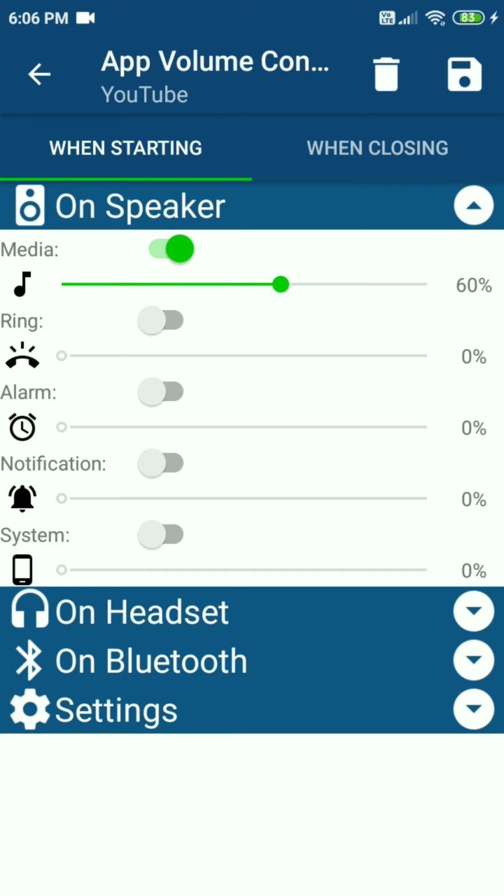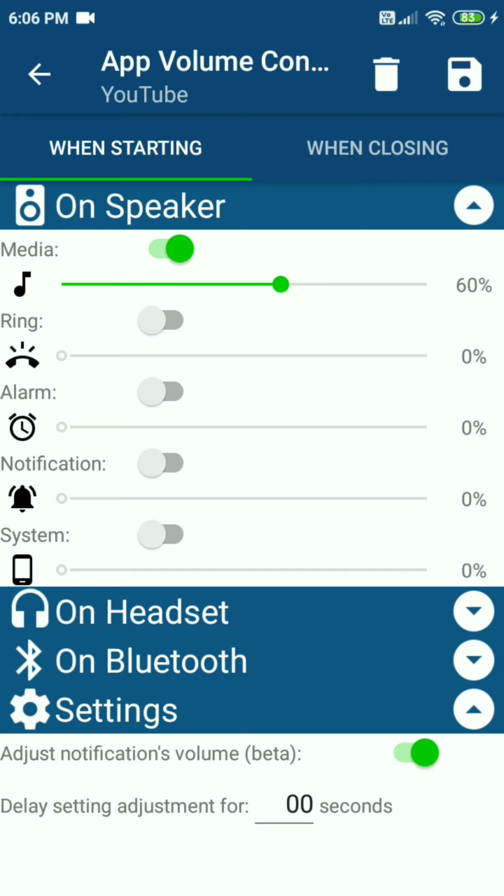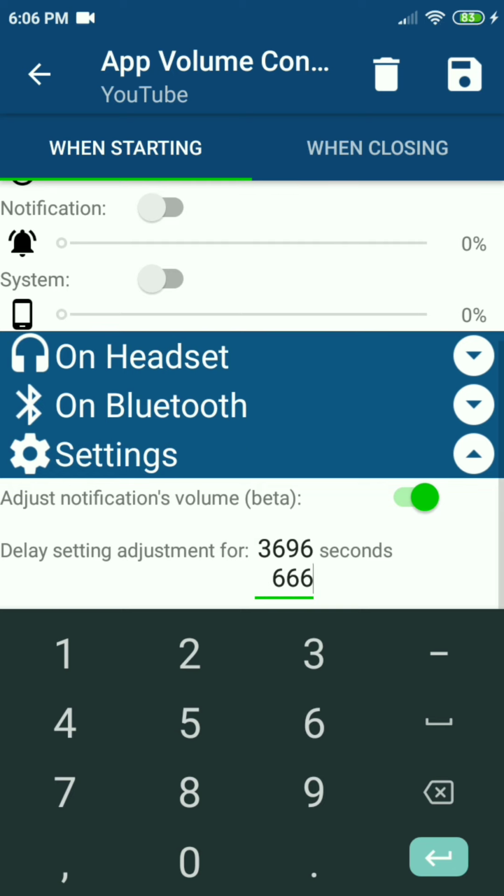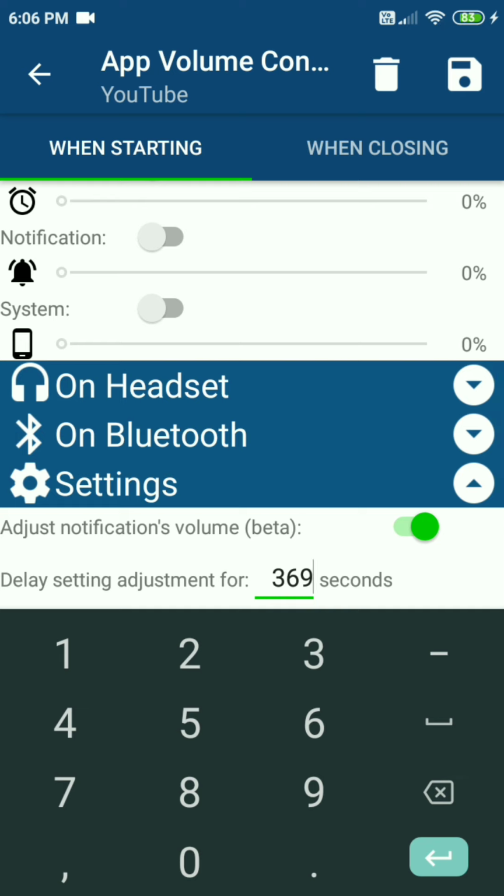I'll put it on speaker settings, and there is one more option named settings. What is this? In this you can see adjust notifications volume. That is, suppose I am getting a notification now and I want to delay that sound for 2 to 3 seconds. I can do it in that way. So I'll adjust it for 3 seconds, or you can adjust 36 or more also.